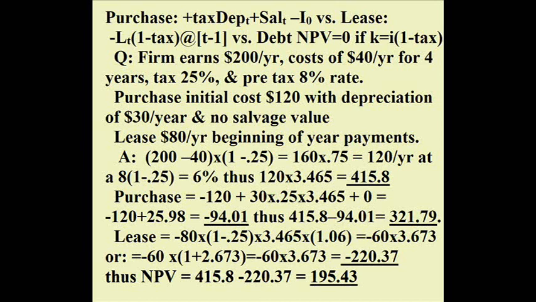So that beats minus 60 times 3.673. The trick is, how about if we went to 1 year earlier, beginning the period, added the number 1, because the very first period is times 0, present value, that's $1, and we get, guess what, the same factor, 3.673. Times the minus 60 is minus 220. Well, that's the lease. Make a net present value against the income of the 415, gives us a net present value for the lease of